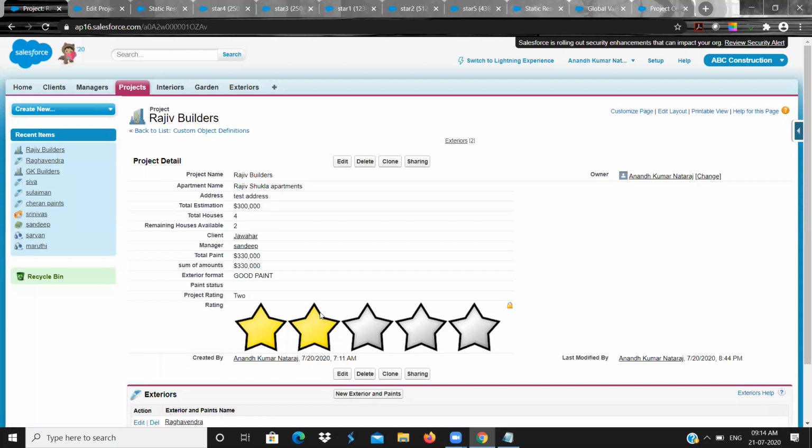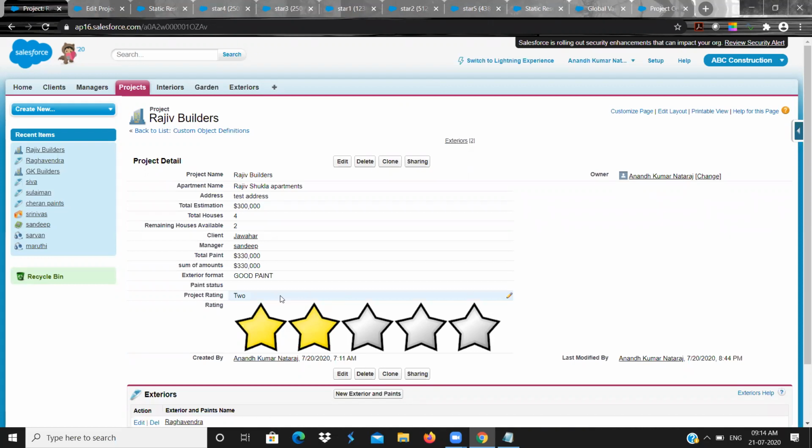Since I downloaded the image from a different page, it is not proper. Okay, in real time in companies, they will purchase these images, icons and all from App Exchange. We have many places to get this proper kind of images.